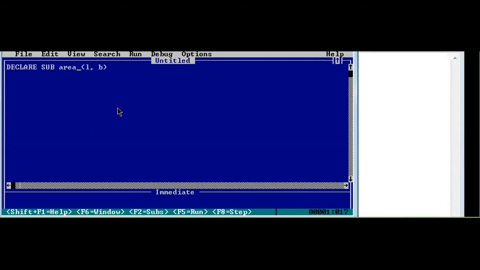Now somebody might think, if you are talking about an appropriate name, then "area of a rectangle" looks even more appropriate. But the problem is that this sub procedure name is a little longer. So try to use a short sub procedure name that makes sense as well. Whenever we write the name of the sub procedure, make sure that it makes sense and it is short. After declaring, we write CLS.